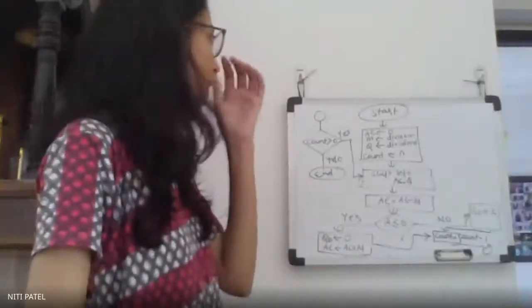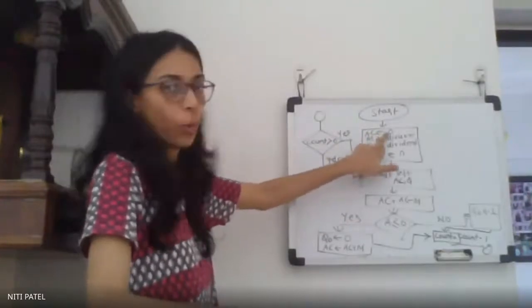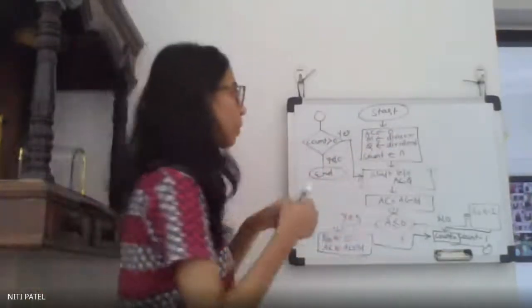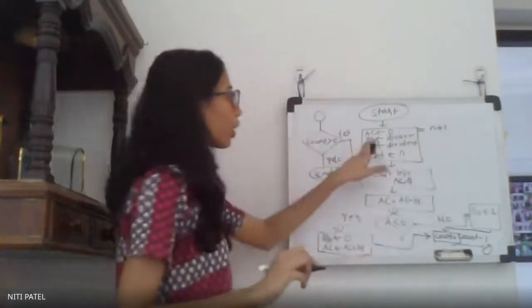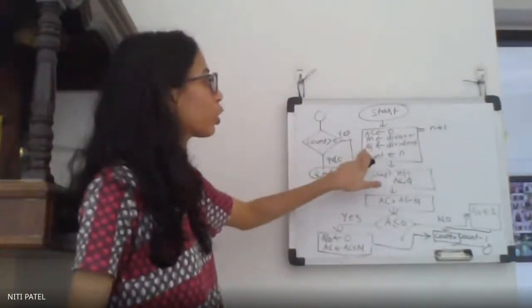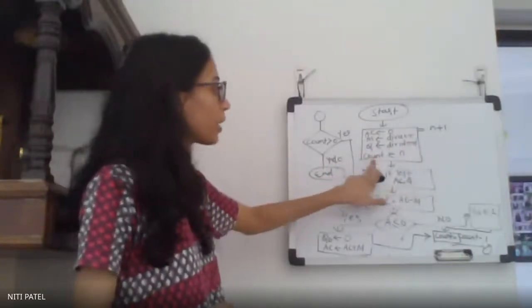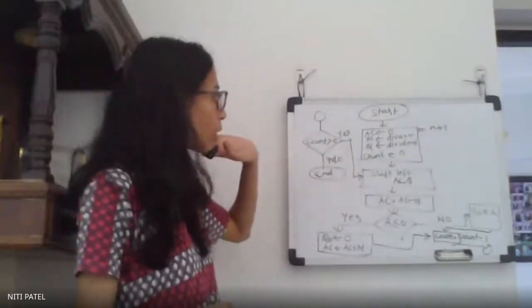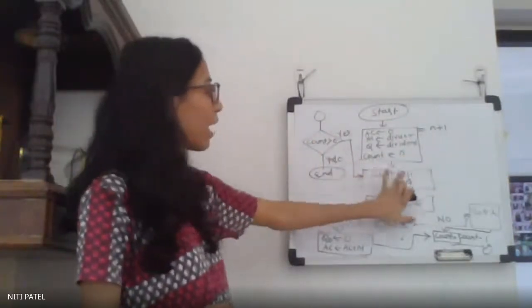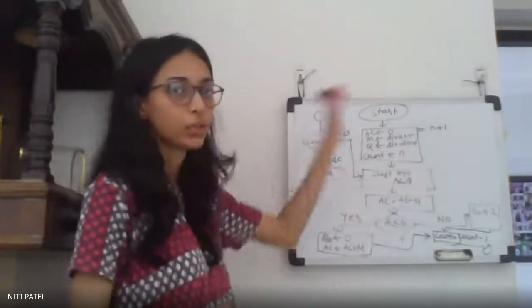Okay. So what does the algorithm say? You have to put the values of the accumulator as 0. I have told you how many zeros, which is equal to N plus 1. Your M is the divisor, Q is the dividend. Count is equal to N. You have to do N plus 1 cycles. Then shift left the contents of AC and Q. So we know how to shift the contents to the left.